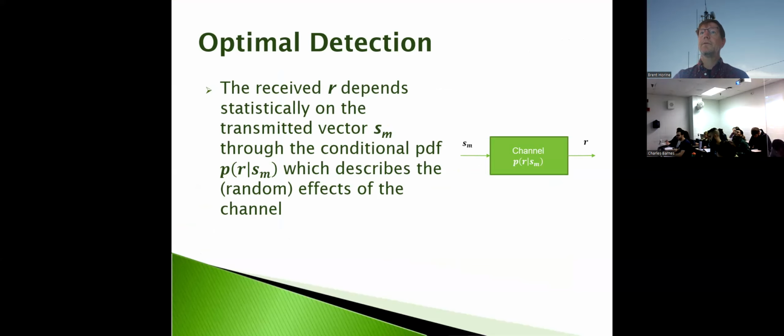The receiver, we can define some optimality conditions here. And so the received R, this vector of symbols that we're getting at the receiver, depends statistically on the transmitted vector S sub M through the